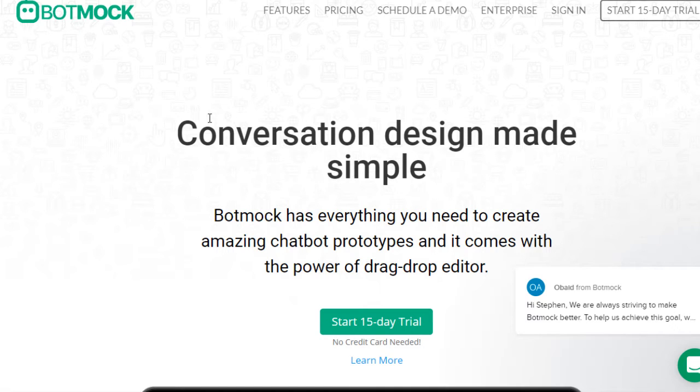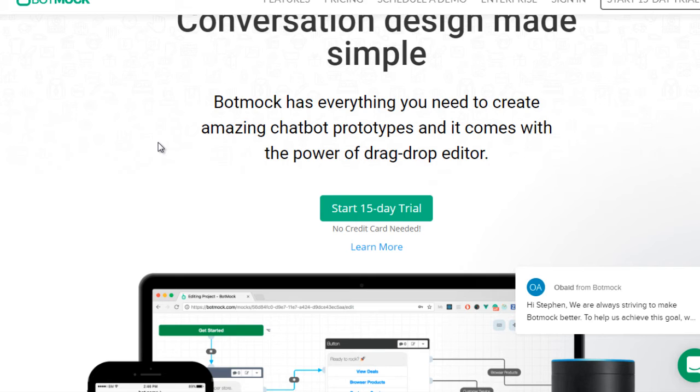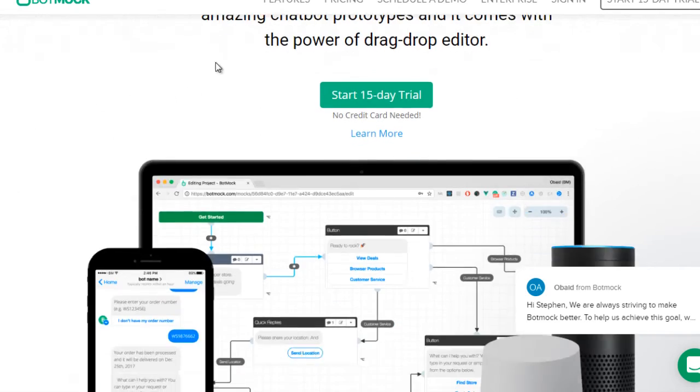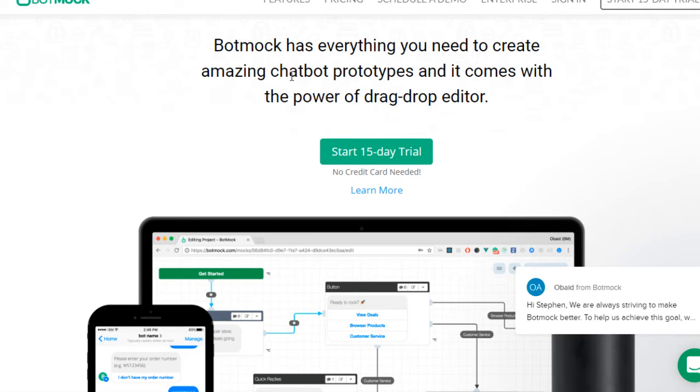So all you need to do is click on the start 15-day trial. It does cost money, yes, but it's going to make your life a lot easier and it's going to make your setup process a lot faster. So as you can see here, it says botmock. So it's botmock.com. Botmock has everything you need to create amazing chatbot prototypes, and it comes with an easy powered